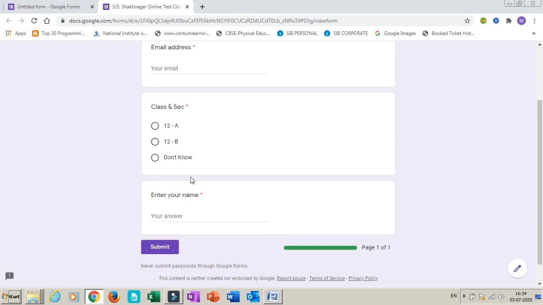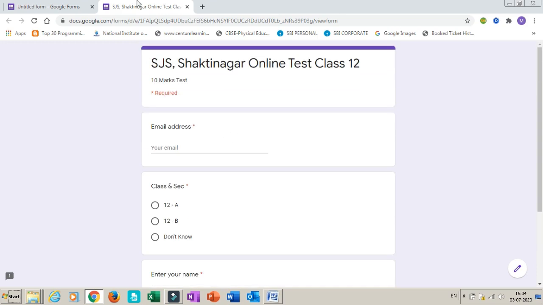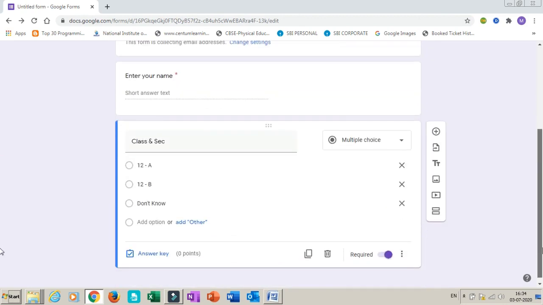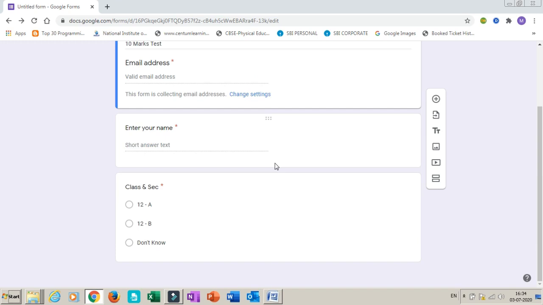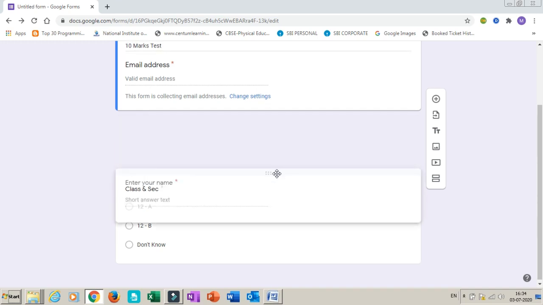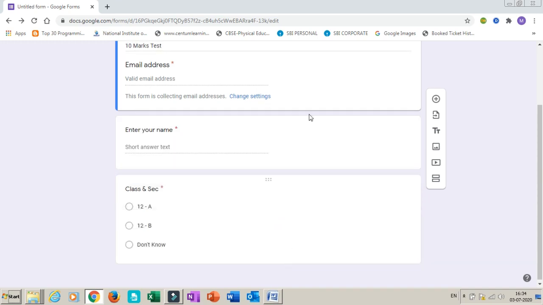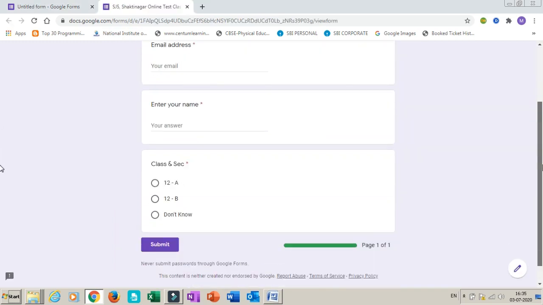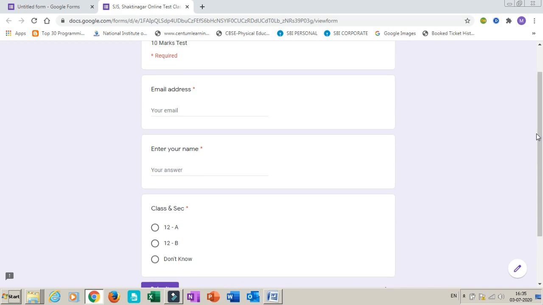Now if I want the name at the top, I can shuffle it. You can see here. Now you can see in the form it is showing right. So I can do one thing like this. You can see here the 6 dots are there. Just click on this and you can drag like this. And now you see the preview. You can see the preview is correct now. Sometimes it happens, so you can just arrange the order or drag and drop the question. It will arrange properly.